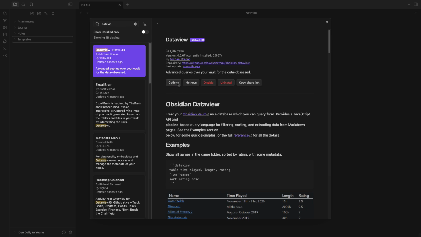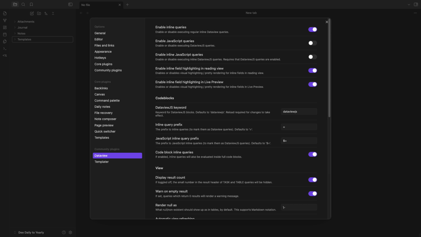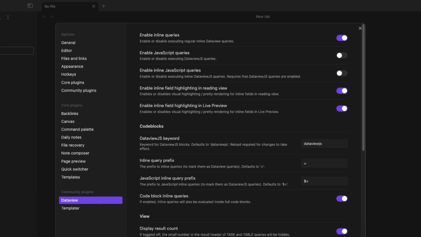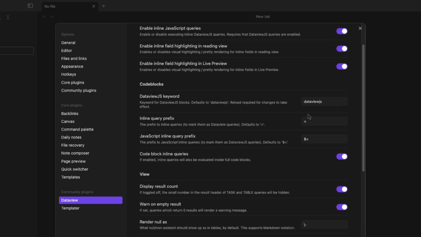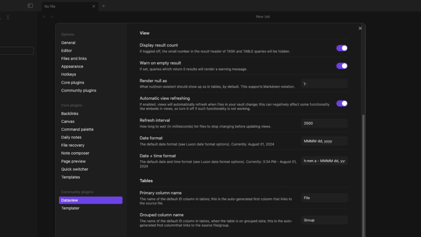And let's click enable, let's go to options, and here's a couple of things that we need to change. First thing we need to do is just activate everything. Don't need to know what this does, just do it. We're gonna scroll down,